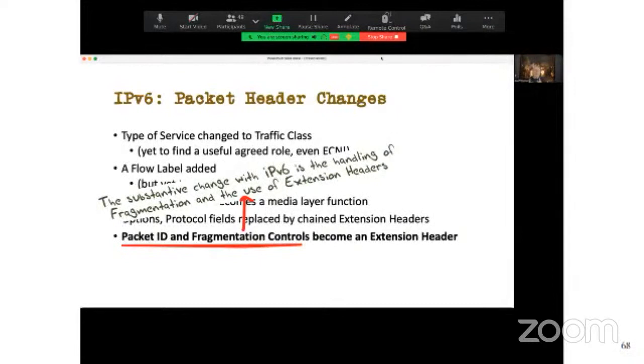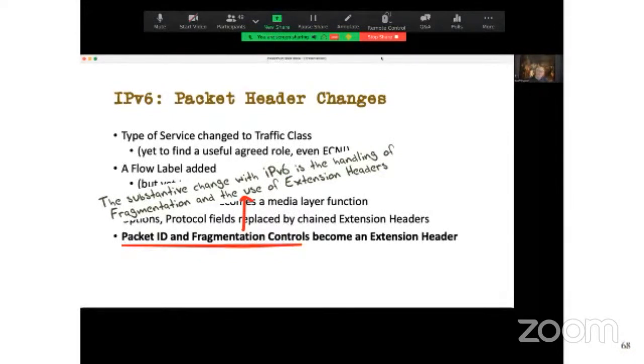But when we moved to FDDI, the maximum size was 4000 and so on. So if I'm going to build an inter-network that joins a FDDI network to an Ethernet network, what do I do with all those packets that have size 4000 octets? Well, in V4, it's kind of, well, that's easy. I will take out my handy packet slicer and dicer, and I will chop it up so that it fits into 1500 octet fragments, put the common IP packet header on all of them, set the fragmentation control bits, and